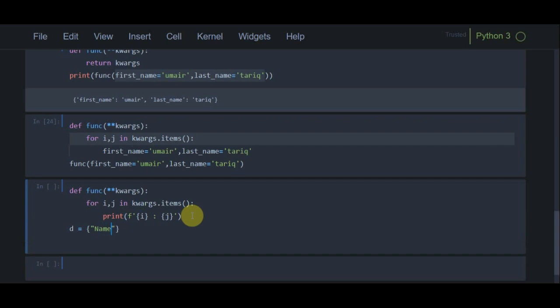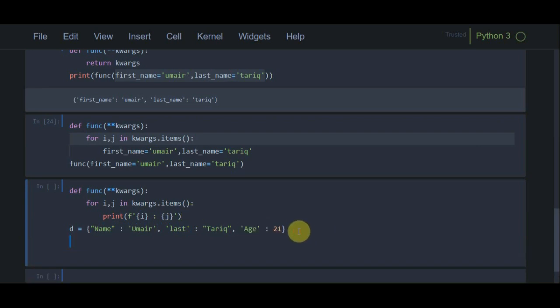Suppose name, I can write my name here, and then last, I can write my last name, and then I can write age, and we can write my age here. Now I must call my function.